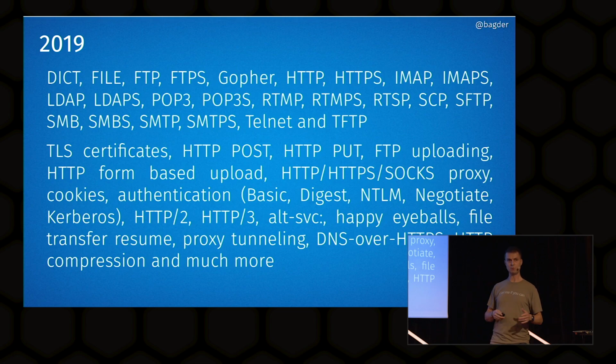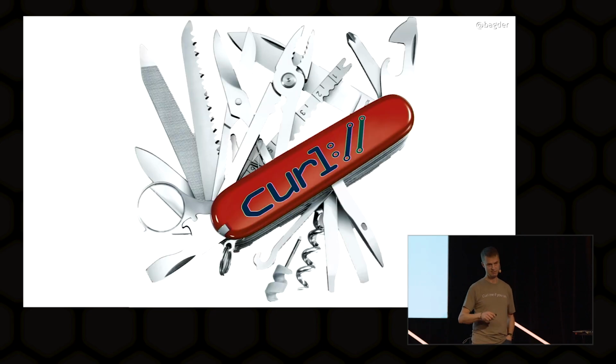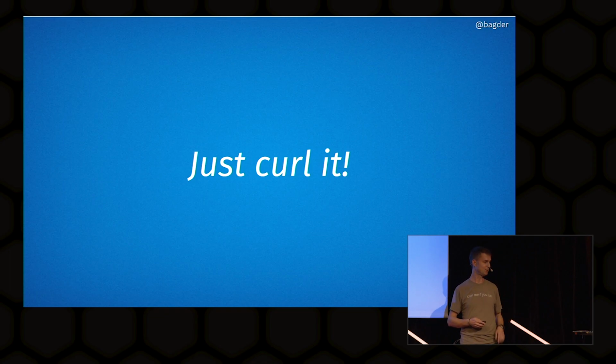And it wasn't only the number of command line switches or lines of code that increased. Actually, the internet exploded, as you all know. The number of sites on the internet has exploded far more than the number of lines of code in curl. Anyway, these days I tend to show this picture because curl has developed to become the Swiss Army knife of internet transfers, and in particular HTTP is the primary protocol for users of curl, really. And the term "just curl it" has been used more than once.